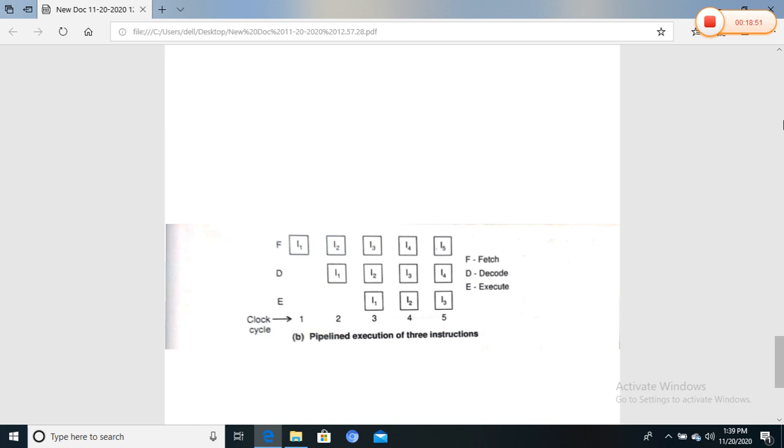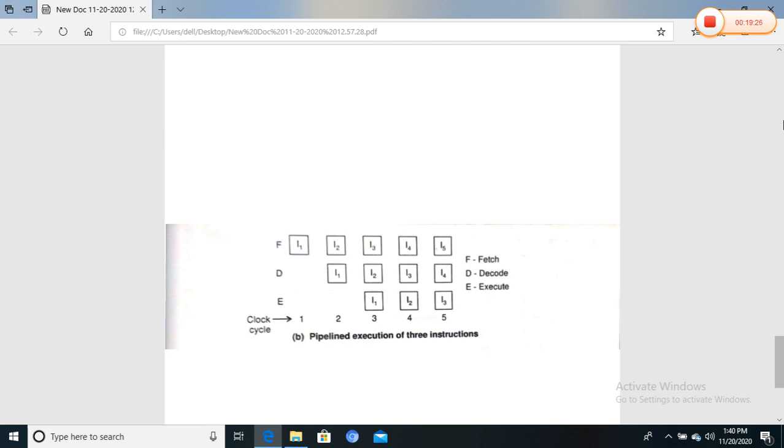In a non-pipelined process, there is separate fetching, decoding, and executing. For 3 instructions, 9 clocks are required. But in the pipelined process, only 5 clocks are required. The first instruction requires 3 cycles to complete, while executing it, the processor decodes the second instruction and fetches from memory. So the speed of execution increases. The concept of fetching one instruction while another is being executed is called pipelining.